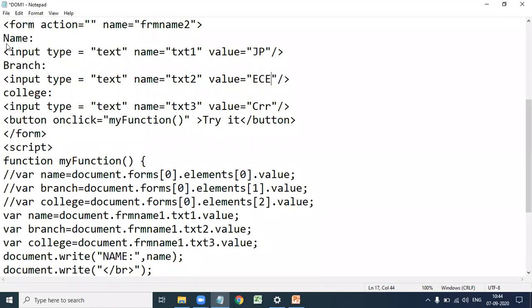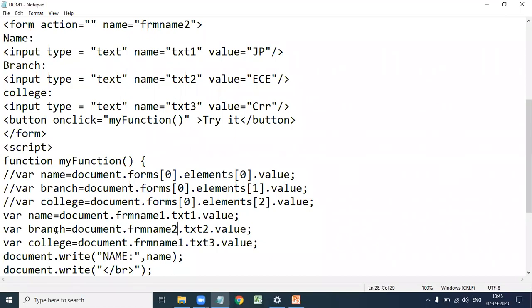So if you want to access the branch in the second form, frmName2, the second form's text2.value, JP ECE CRR is the output when you execute this.